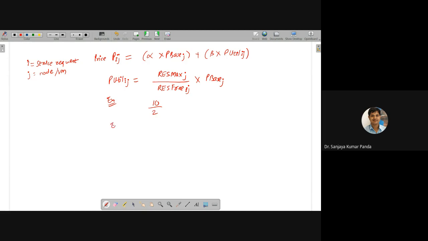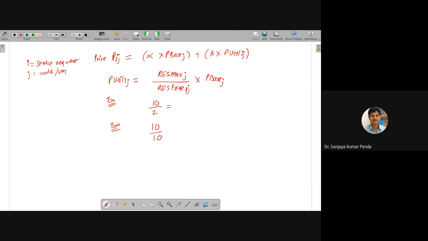Consider another example. 10 is the total number of resources, that is the maximum number of resources, but out of 10, all the nodes are free. So you see here, which one is costlier here? Can anybody tell? The first one. Exactly,